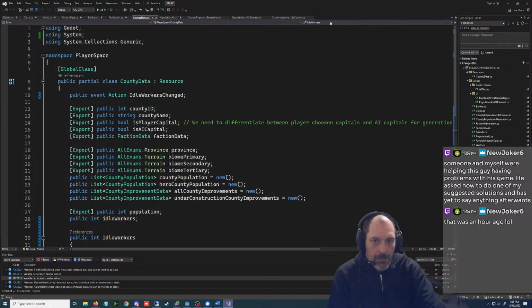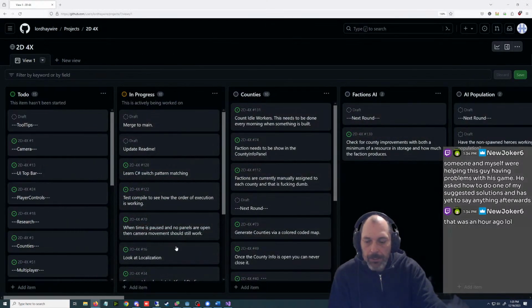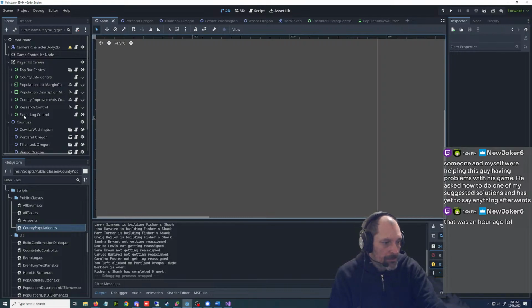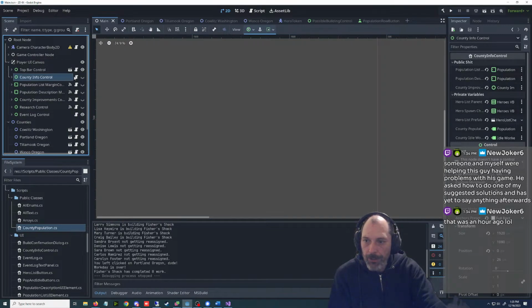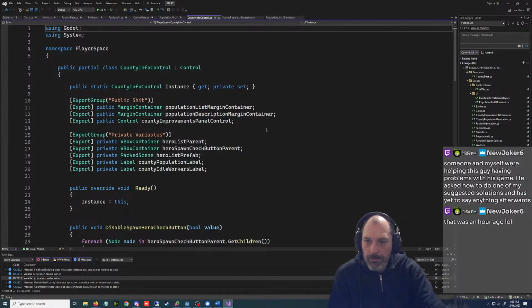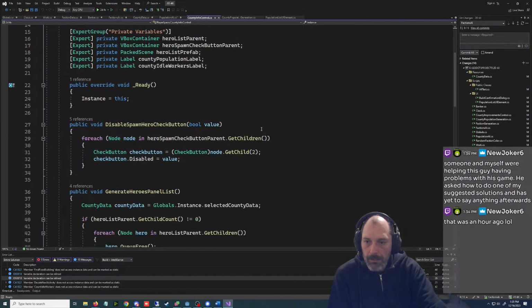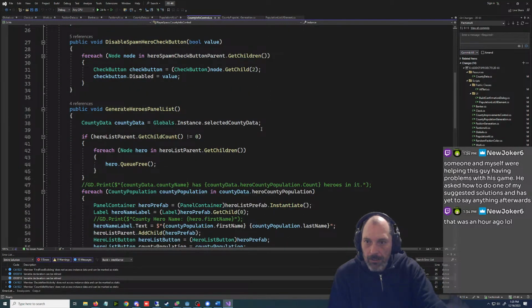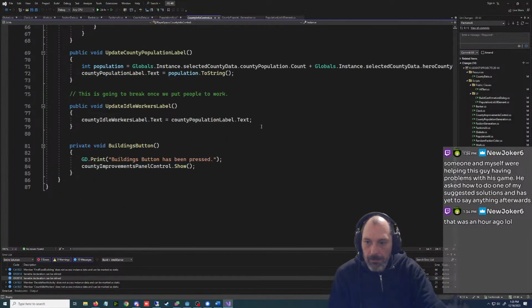When this thing opens, which I'm just closing all this extra crap. When this county info panel opens, do I have an on visibility change on here?